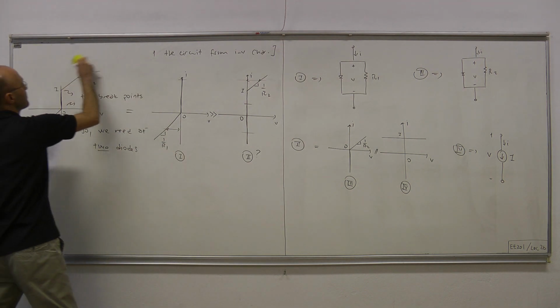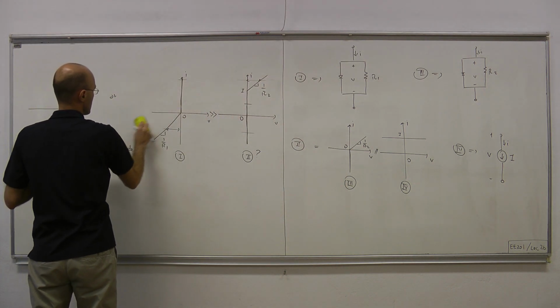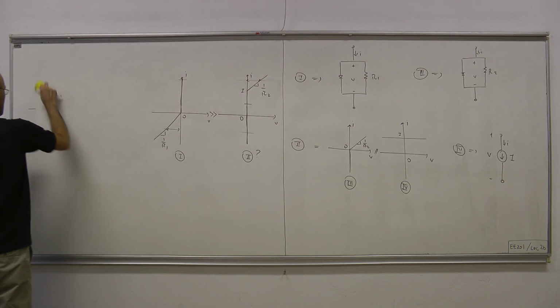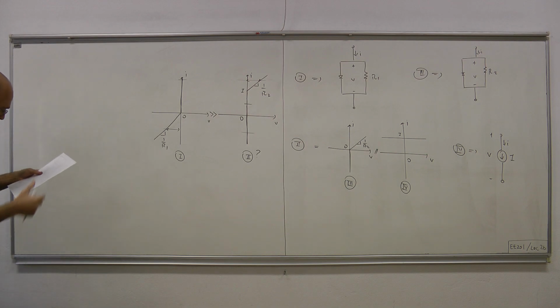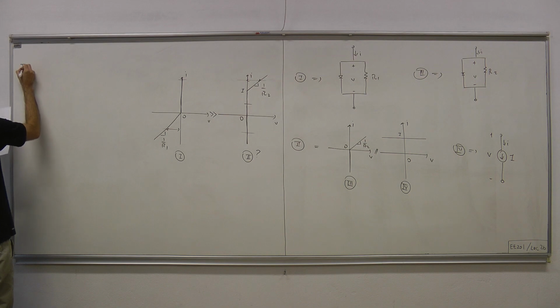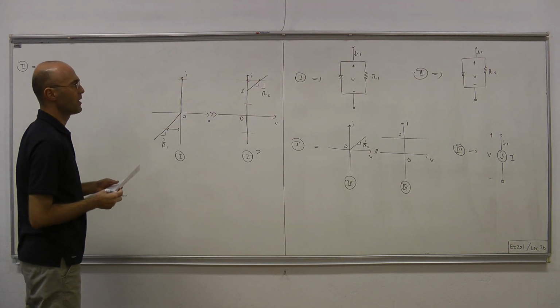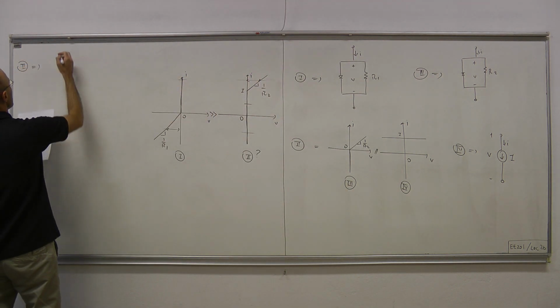So let's do that. So, 2 can be realized by 3 connected in parallel with 4. 3 and 4 are here on the board. So what we have is